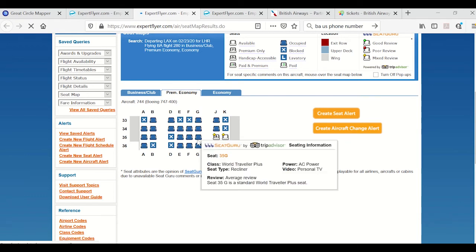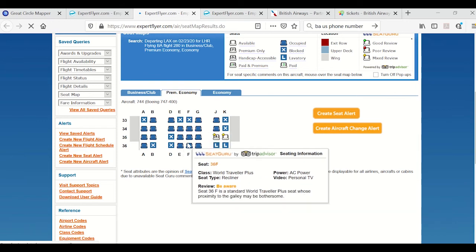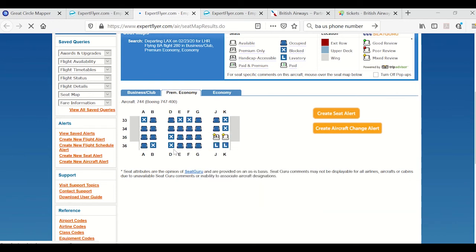Blue means someone's already snagged it. So these are full seats, positively, seats with someone in them. The X's mean 2 different things. The X's either mean it's predictive, so this means British knows that it has sold all but 2 of these seats